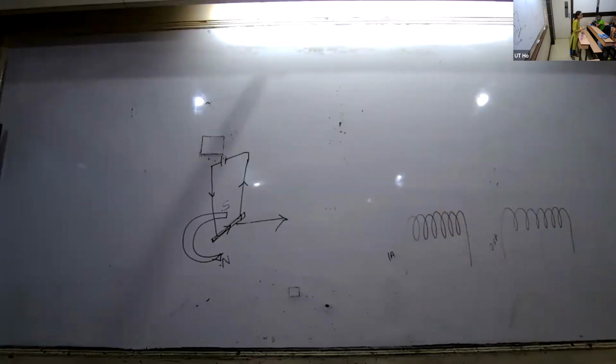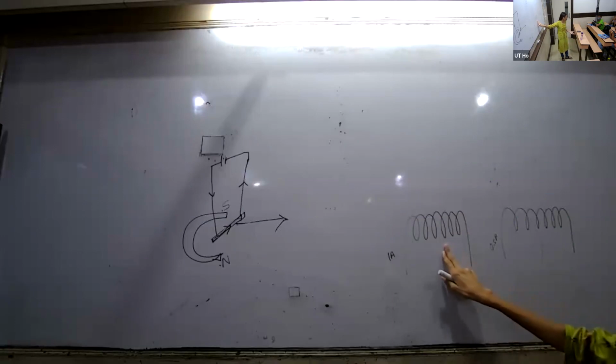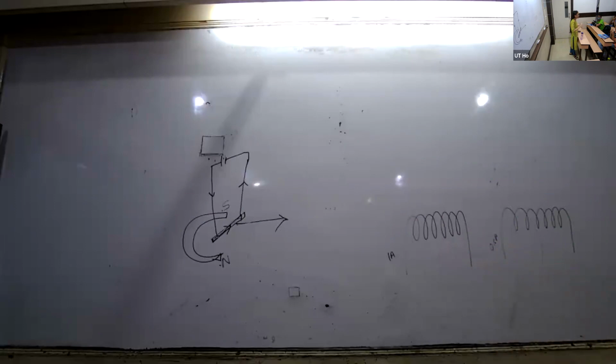They'll simply ask you, if you want to change the strength of the magnetic field for a solenoid, what changes will you make in that solenoid. So either you will change the current passing through, or you will increase or decrease the number of coils or turns of the circular turns, okay? These are the two things. Now, yes, I don't know if you were talking about this. So the field which will be